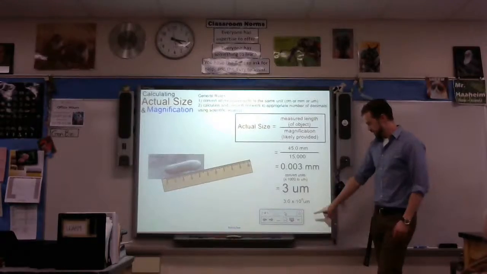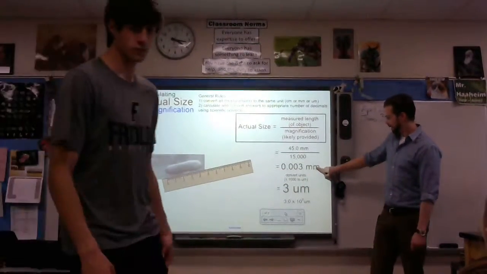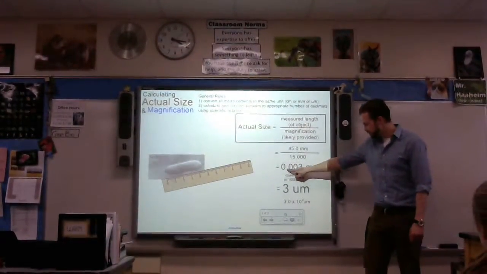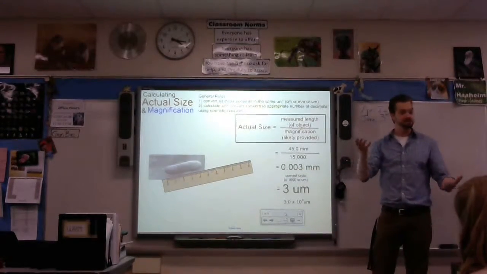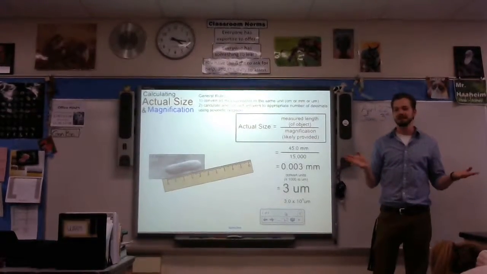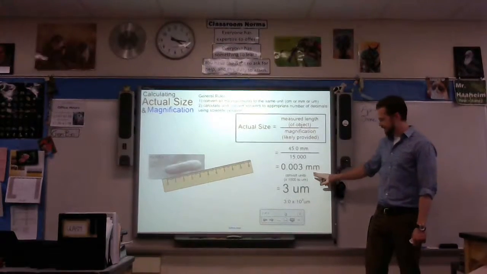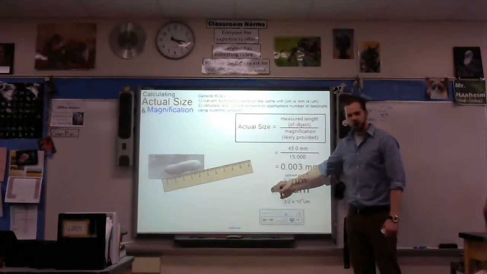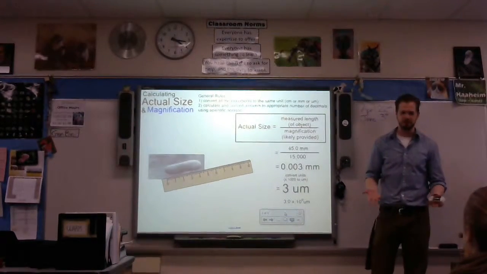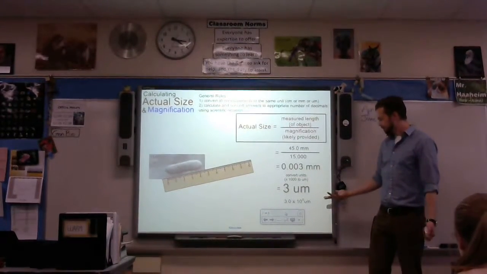What you might need to do is play with the units a little bit, which is why it's a good reminder that micrometers and millimeters are a 1,000x difference. You move the decimal place 3 times, and if you're not sure which way to move it, try moving it both directions and see which one makes sense. Is 0.003 millimeters the same as 0.000003 micrometers? No. There's 1,000 micrometers in every millimeter. So to me it would make more sense to move it the other way and go, oh, 0.003 millimeters, that's